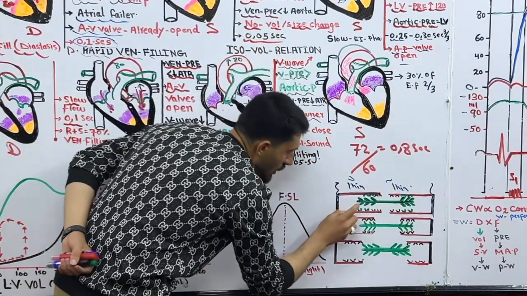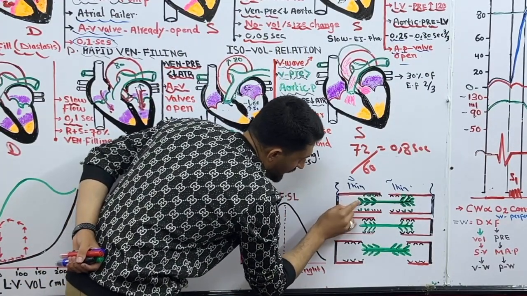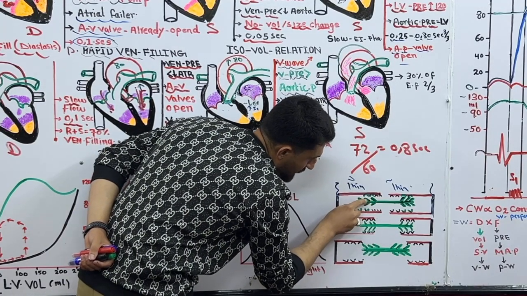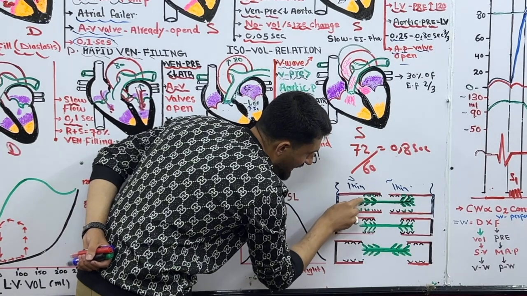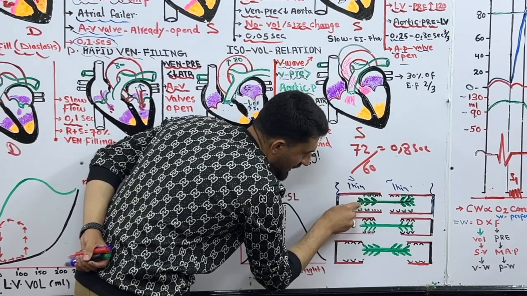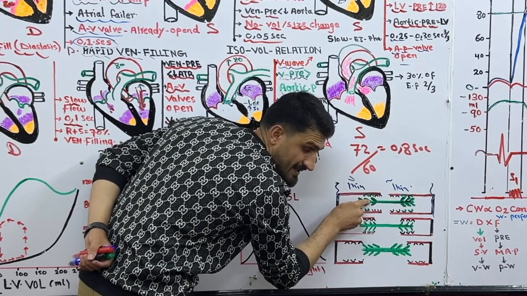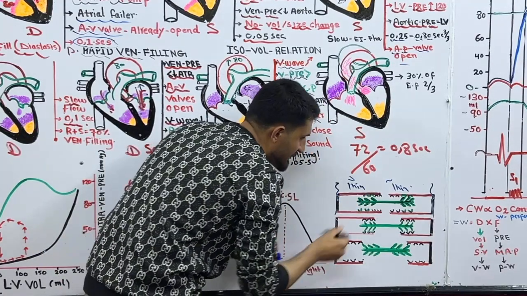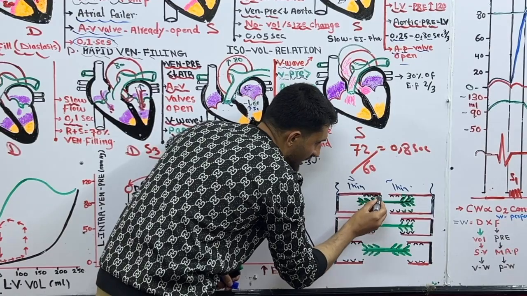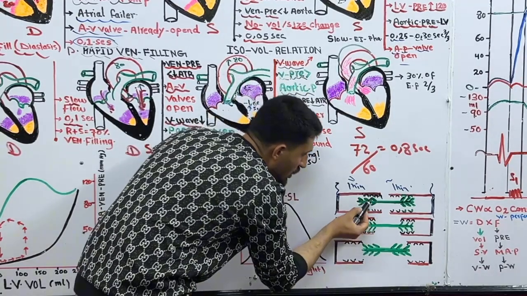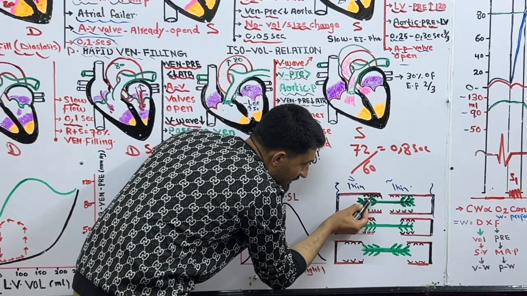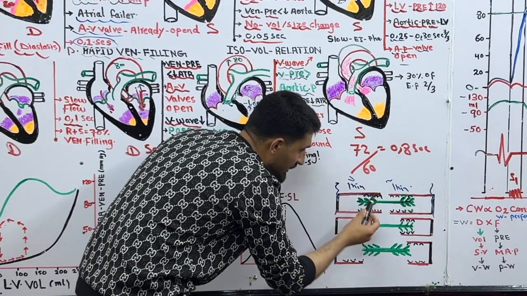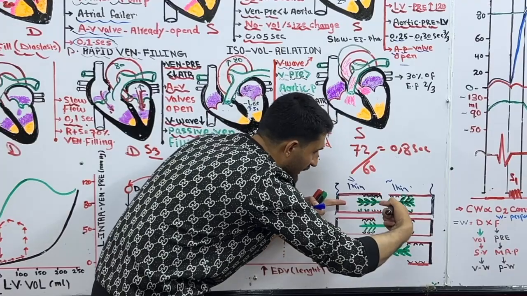In normal situation, for example, this is thick filament. This is thin filament. Here, this is one head of myosin. This is another head of myosin. This is another head. We have three heads of myosin here, three here. So in a nutshell, we have six heads of myosin. Here, these are the active sites, active sites of thin filament. So when head of myosin joins to the active site of thin filament, it causes cross bridge and it causes